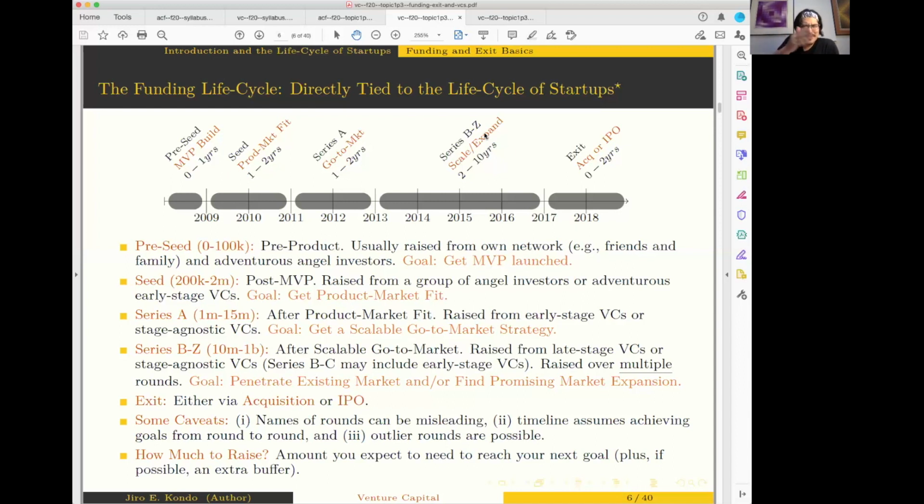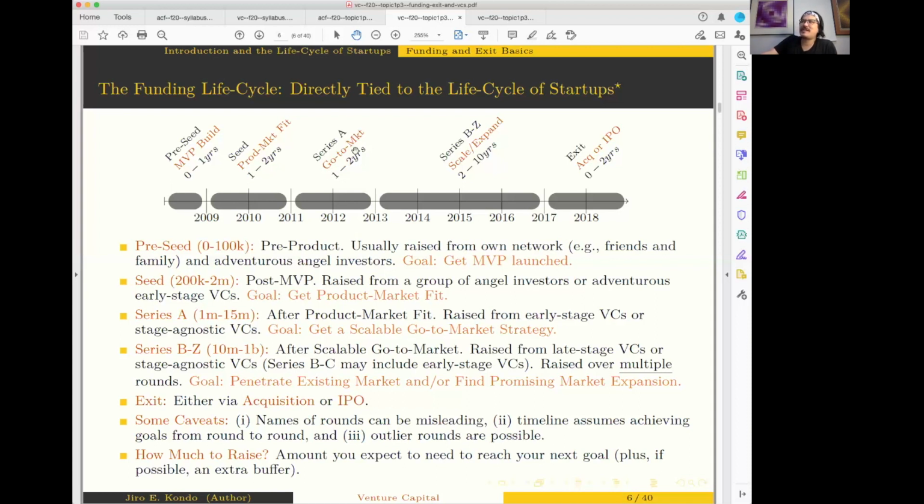But yeah, not all VCs are the same, right? So when we say VCs will invest in it, you always want to think, well, which types of VCs are you talking about? But yeah, so Series A is either stage agnostic or early stage. Sometimes you'll see angel investors make follow-on investments here too, but only really the angel investors who can write sizable checks.